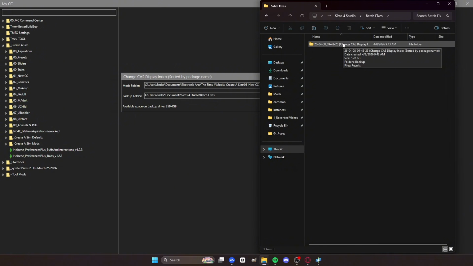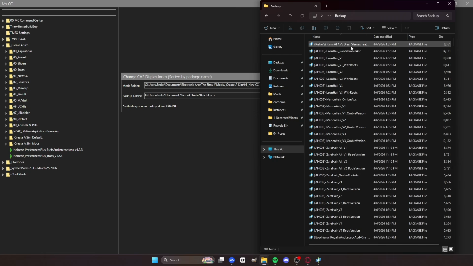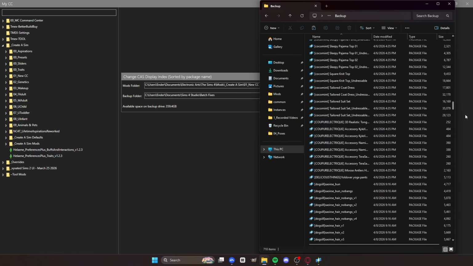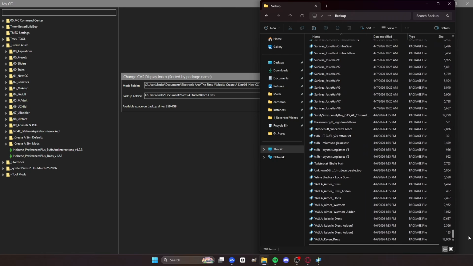So this is the unsorted version. So let's say you didn't like the way it was sorted and you want to go back and rename them. Obviously, you can just change the number on it, but you could also just take this whole folder. Now this does it unsorted. So